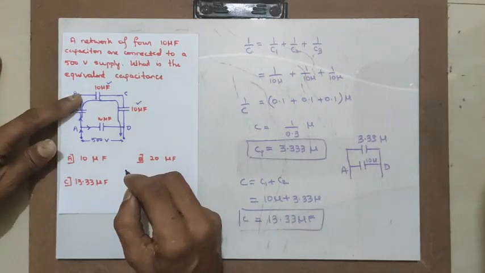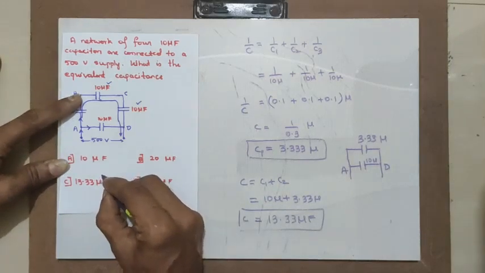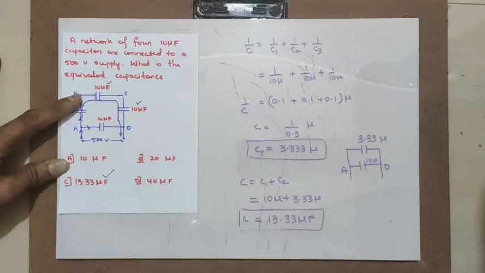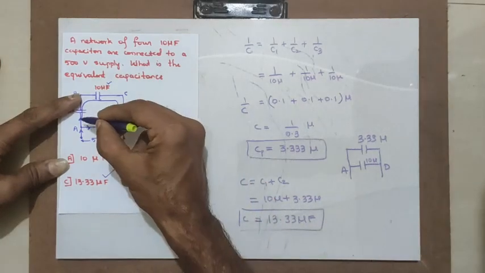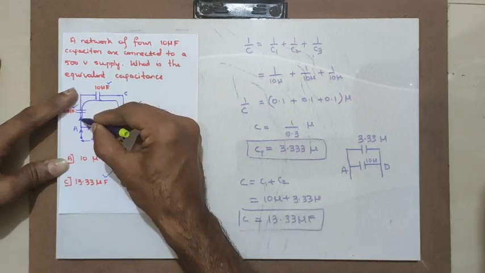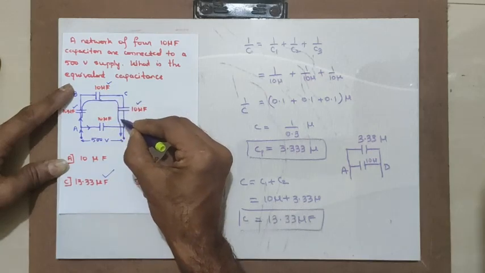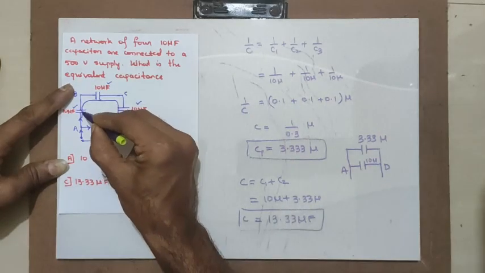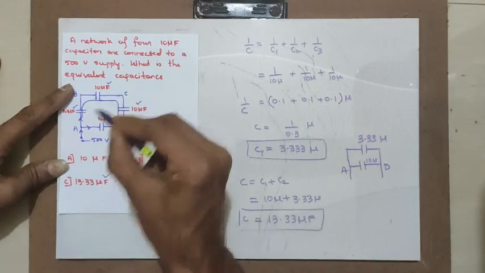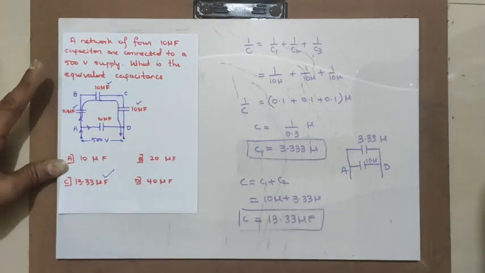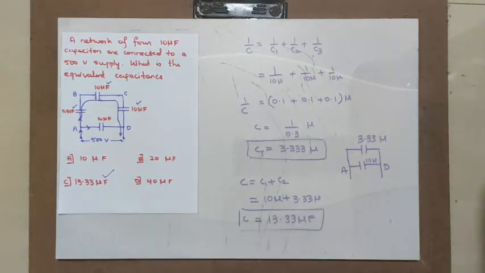There is only one answer, which is C. Please see that you can take the concept of current or water flowing. That water flows in this, the same water comes to this, the same water comes to this and goes, isn't it? Hence these three 10 micro capacitors are in series. That is very important. You can take the division of current or division of water to understand how the series and parallel combinations exist in a given structure.